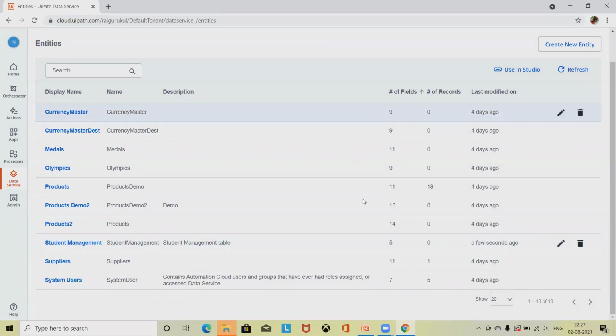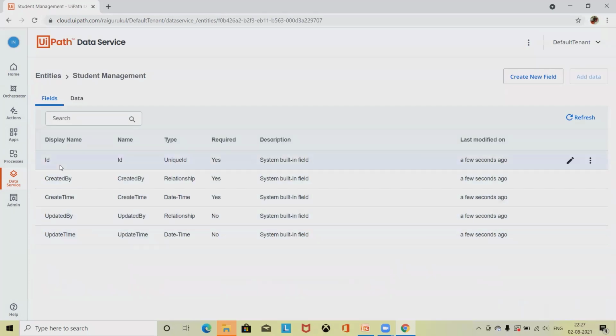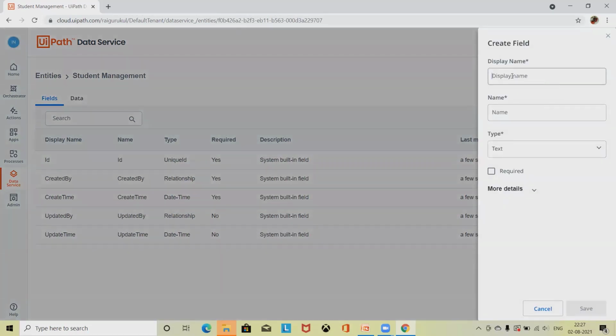Now here we have just 5 fields. Just click on this, and these 5 fields are already created by default, provided by the system itself. If we want to edit these fields, we cannot edit them, and there are no other options for the default fields. But if we want to add new fields, like a column, then we can simply click on create field and this pop-up will be available for us.